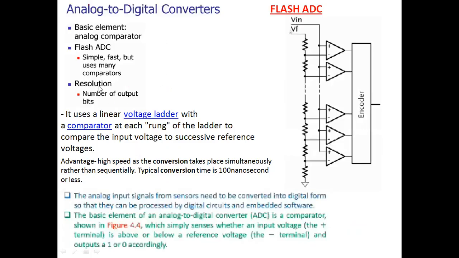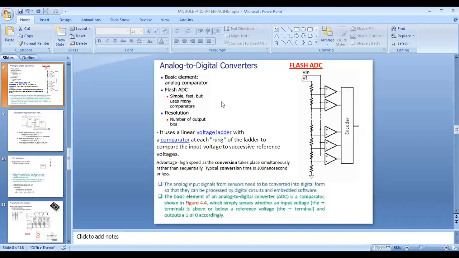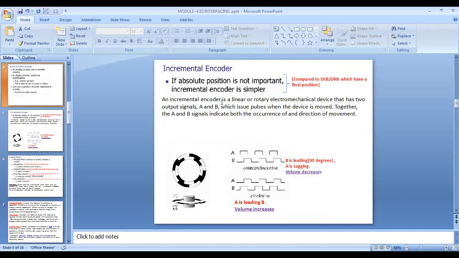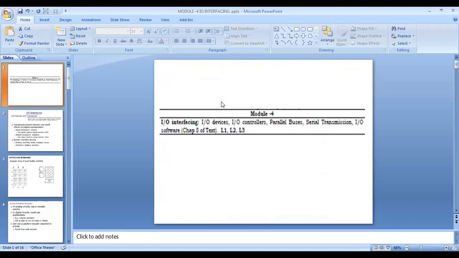Okay. So next is the analog to digital converters, and basically you can find here the use of the flash ADC. This flash ADC is the simplest form of the ADCs, and we have one more kind of ADC called successive approximation ADC. So first, let me start with this flash ADC. Like I think I'll be continuing this in the next class. So for the present class, you can analyze the details regarding the starting of module 4.